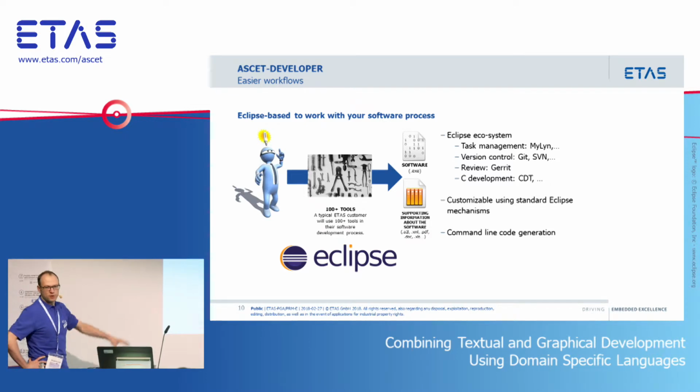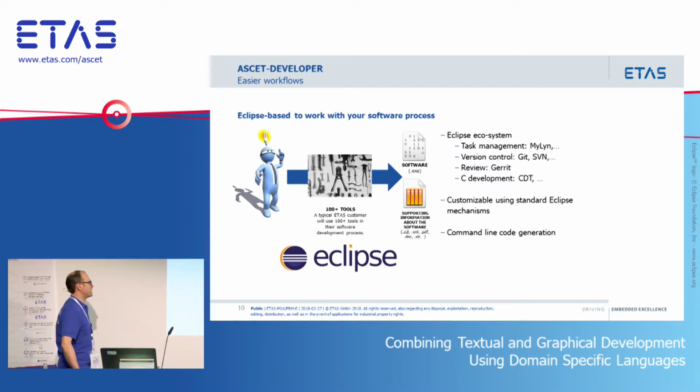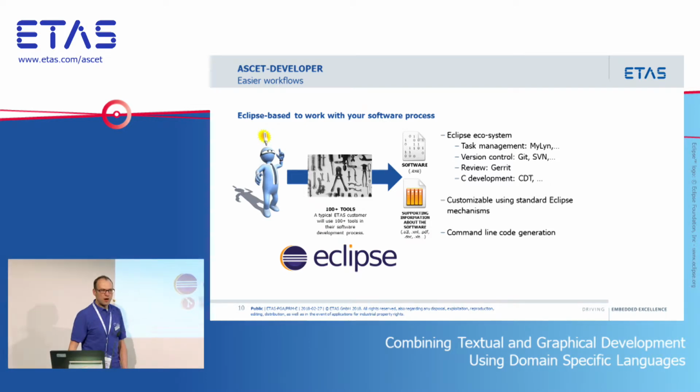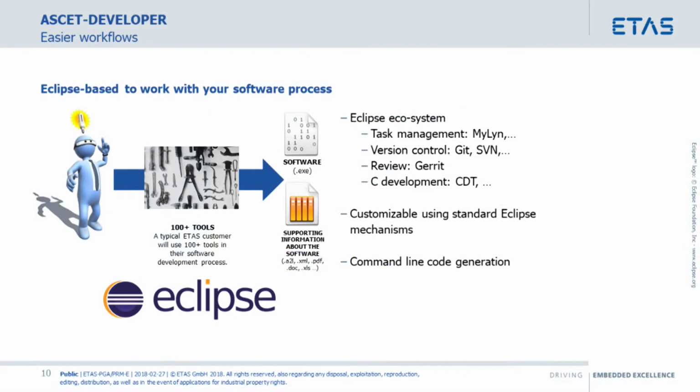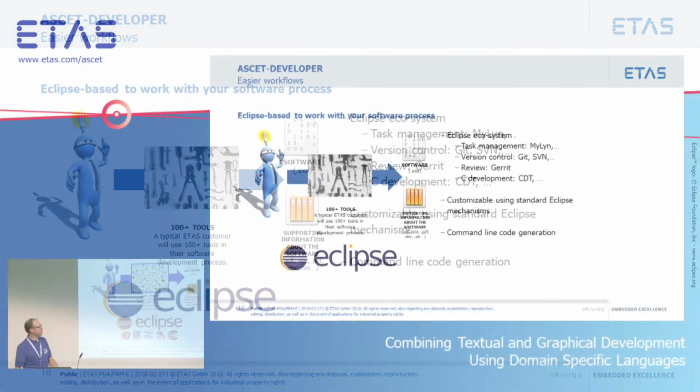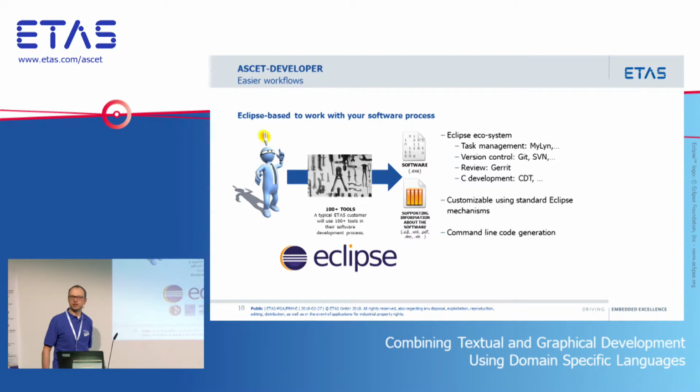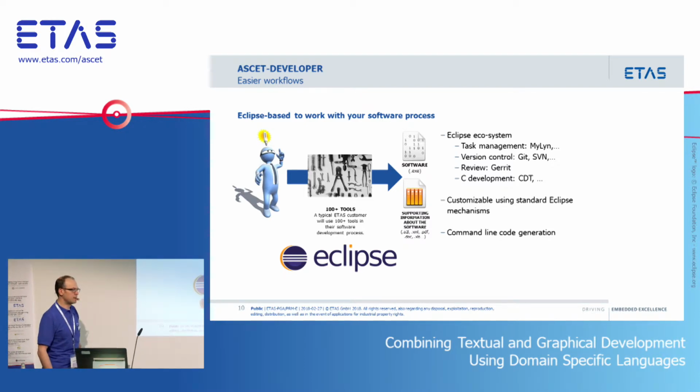And all of that's designed to work with the rest of your software process, so it fits in the Eclipse ecosystem. How do we store my files? Well, it's just text files on a disk, so you can easily version control them, you can diff them, you can manage it really, really easily. Typically, nobody mentioned this, but a typical ETAS customer using ASCII has got about 100 tools in their tool chain. It's astonishing, the complexity of these kind of things. And actually, all they want out of the end of that is some software and a bit of meta information. Where are the symbols for calibration? Maybe I want a bit of documentation out there, this kind of thing.